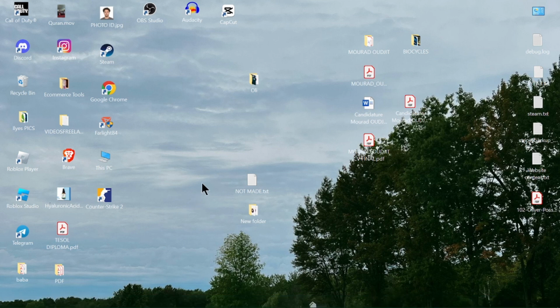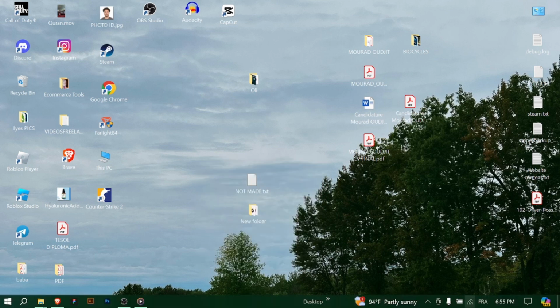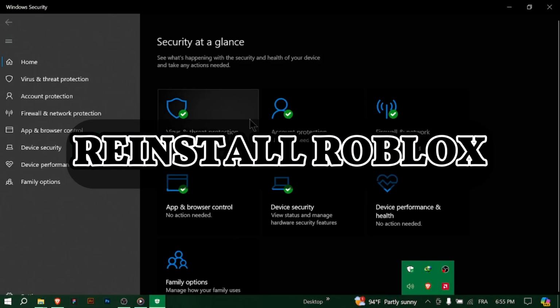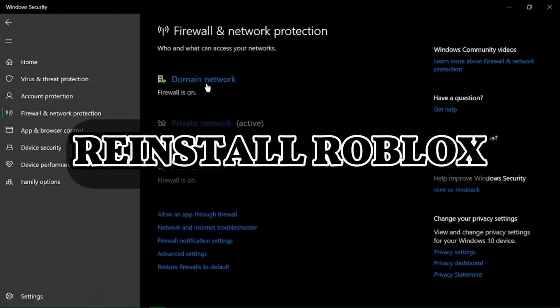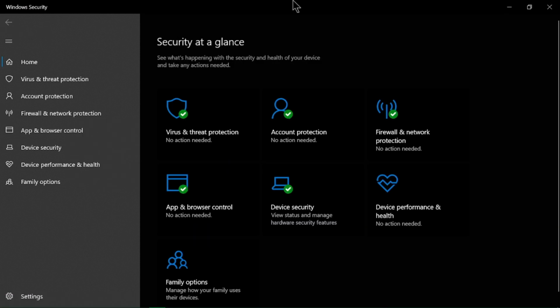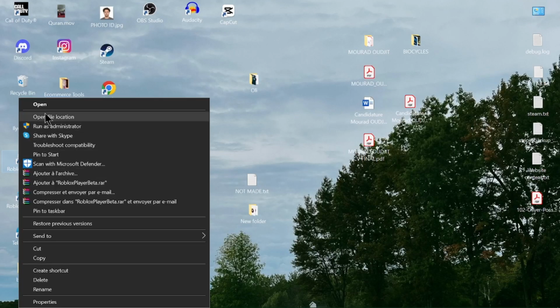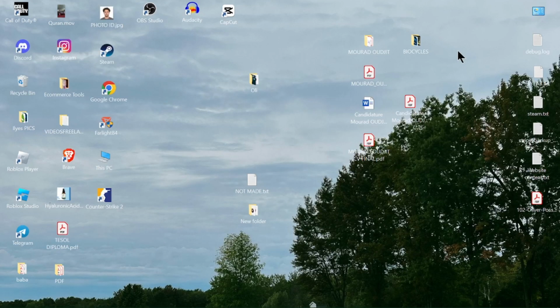Go to Control Panel, then Programs, and uninstall a program. Find Roblox and uninstall it. Then you can download it and install it again. This might work. Then you can also temporarily disable your antivirus software or your firewall, as they might be the